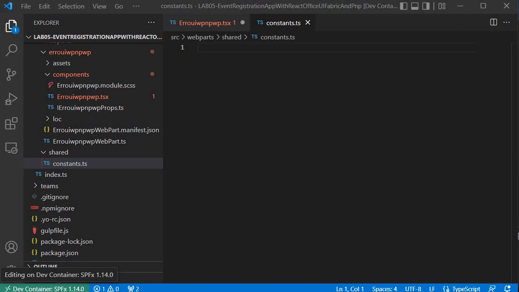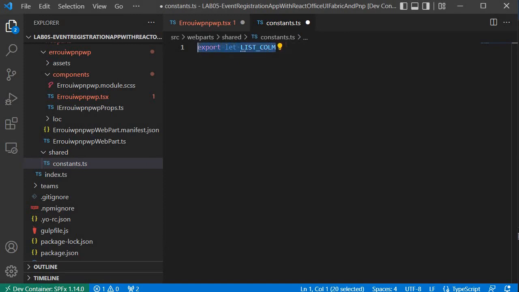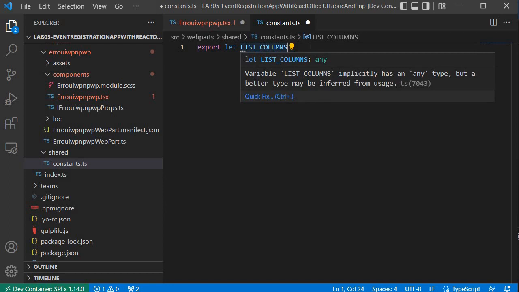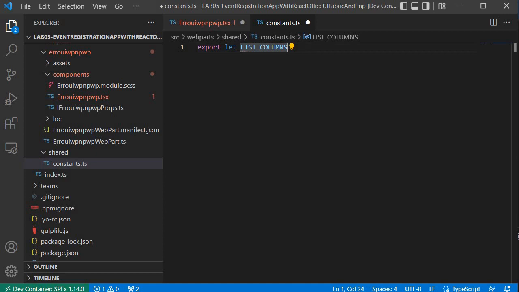Anyway, over here we are going to create the list columns which are going to be used inside our details list component. So let's do it. We need to write export. Let's create a variable called LIST_COLUMNS. Make sure that you are using capital casing over here, as it is an industry standard practice. Whenever we see any kind of capital casing, that means it is referencing a constant within the application,